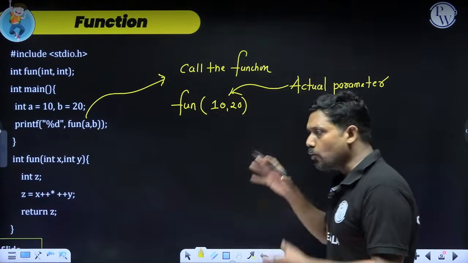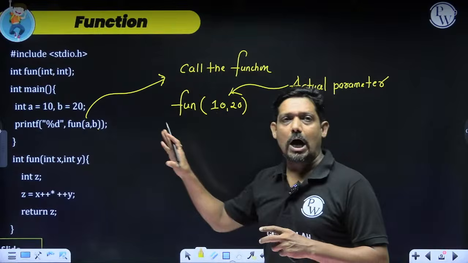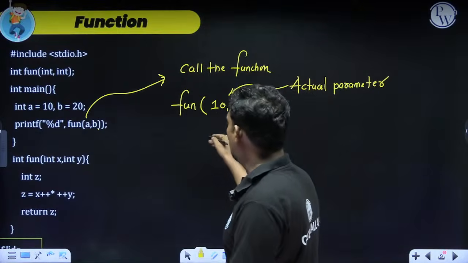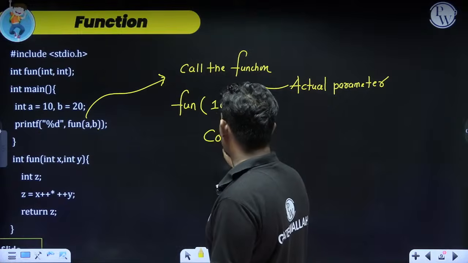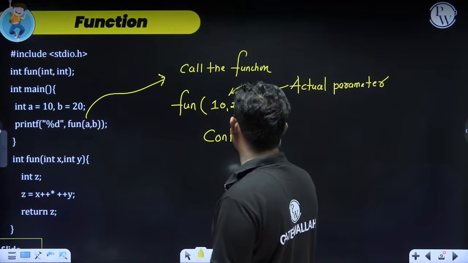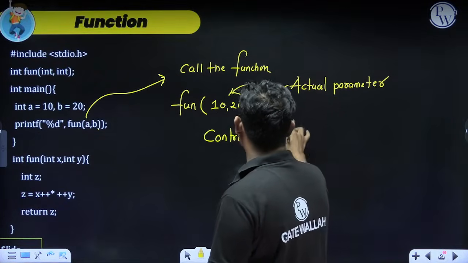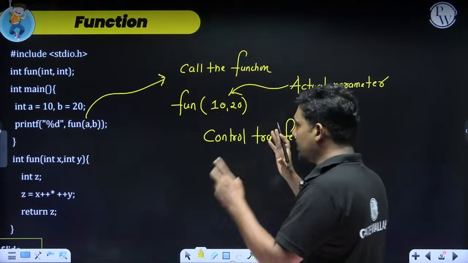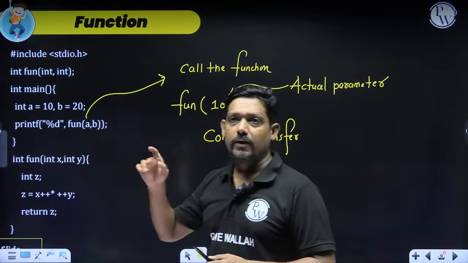The moment it passes the parameter, it will jump. Control transfer. Control transfer to where? Control transfer means it is doing one task, and it will